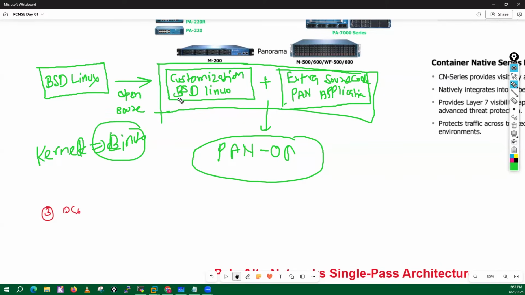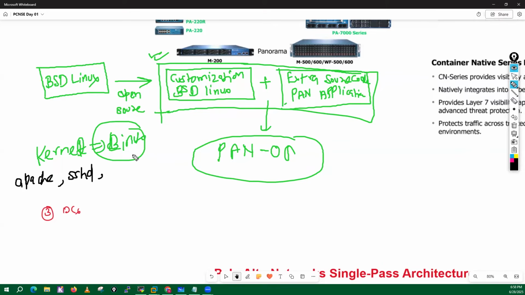Now, guys, tell me one thing. In Linux, if I want to start the web services, then I have to run the Apache service. Yes or no? On my Linux, if I want to run SSH, then I have to start the SSHD service,